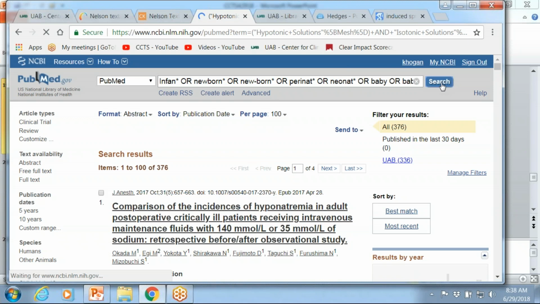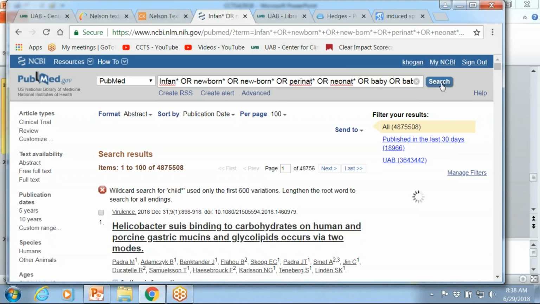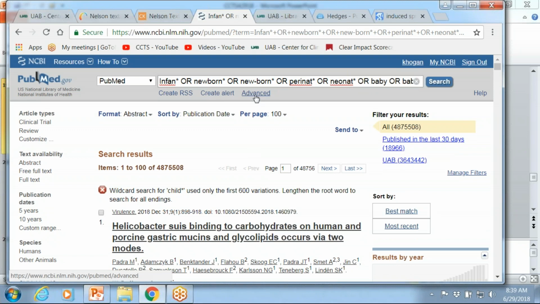That makes sense? Maybe. It did a wildcard search in there for child, which is only going to search the first 600 variations. So just one drawback. Now I can combine that with my first search if I wanted to.